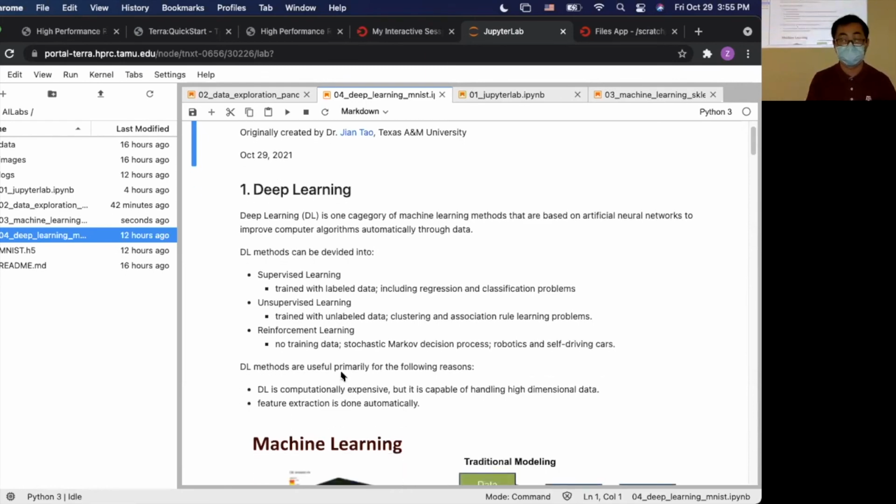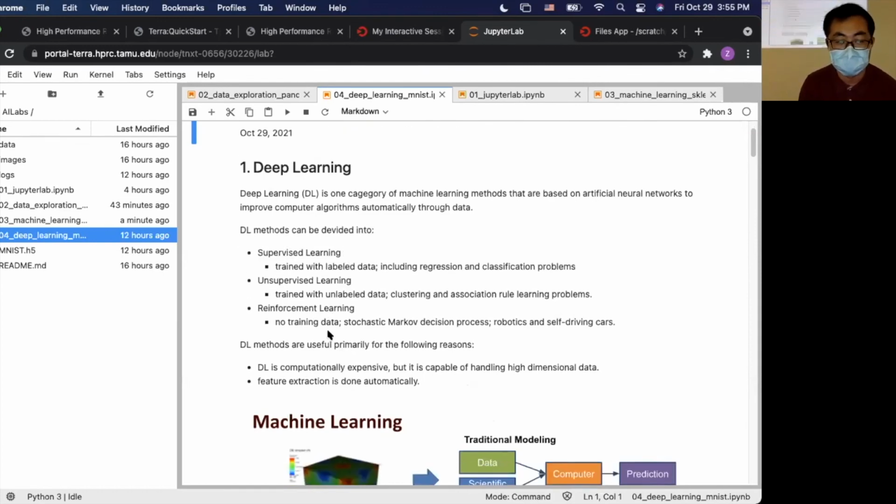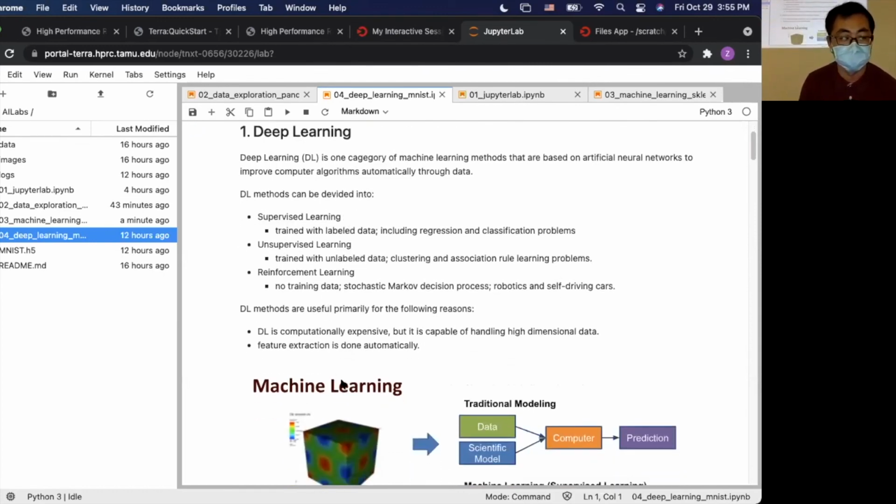So this is just a kind of clustering, but you don't have the labels for the data. Reinforcement learning is about a reward, like an intelligent agent in an environment that does some actions and then gets a reward, and it tries to maximize its reward. It has no training data. So it is used in robotics and self-driving cars. If you are interested in reinforcement learning, you can learn something online, or I think there are even some courses about reinforcement learning.